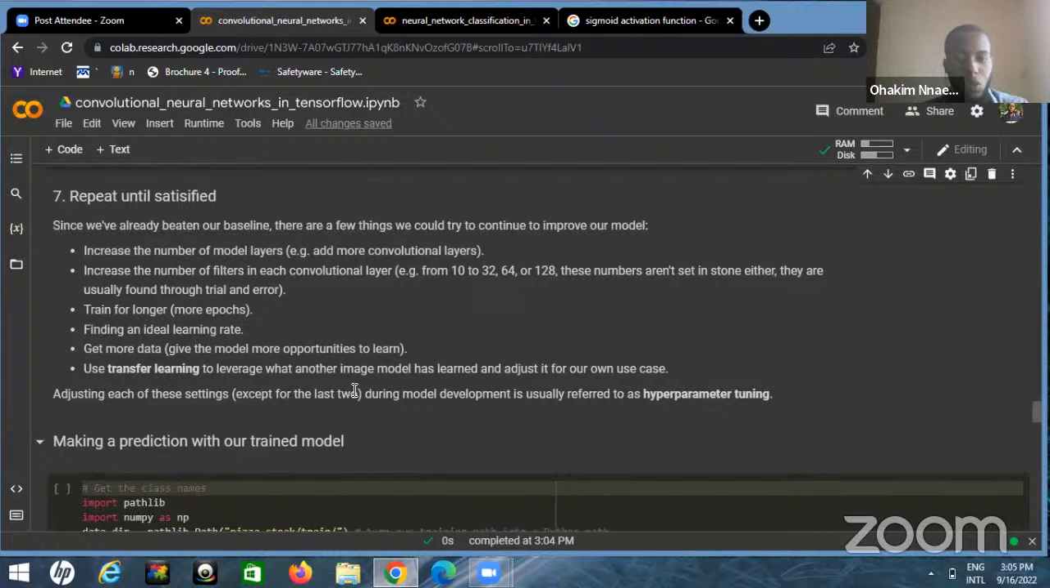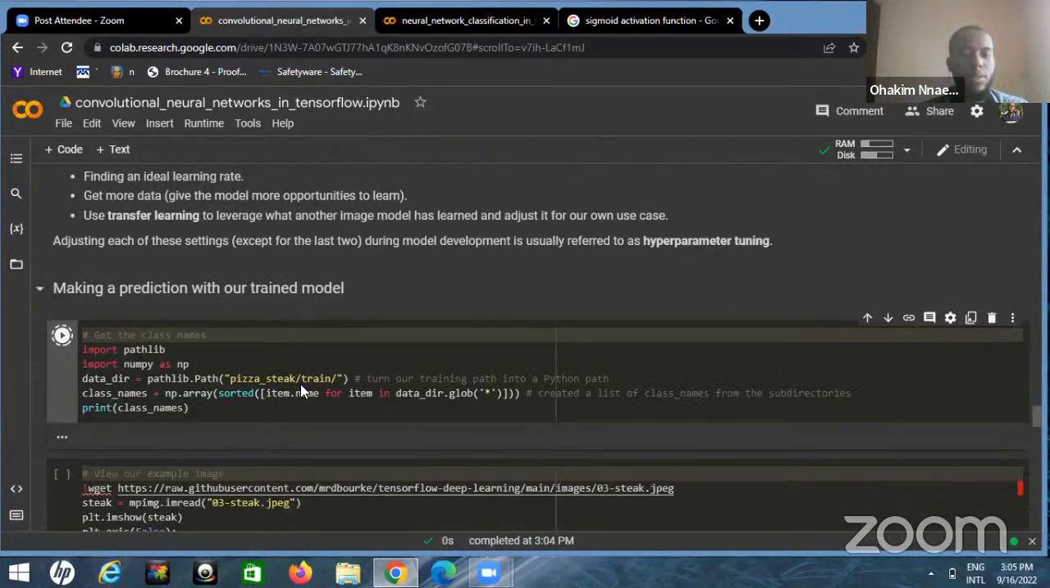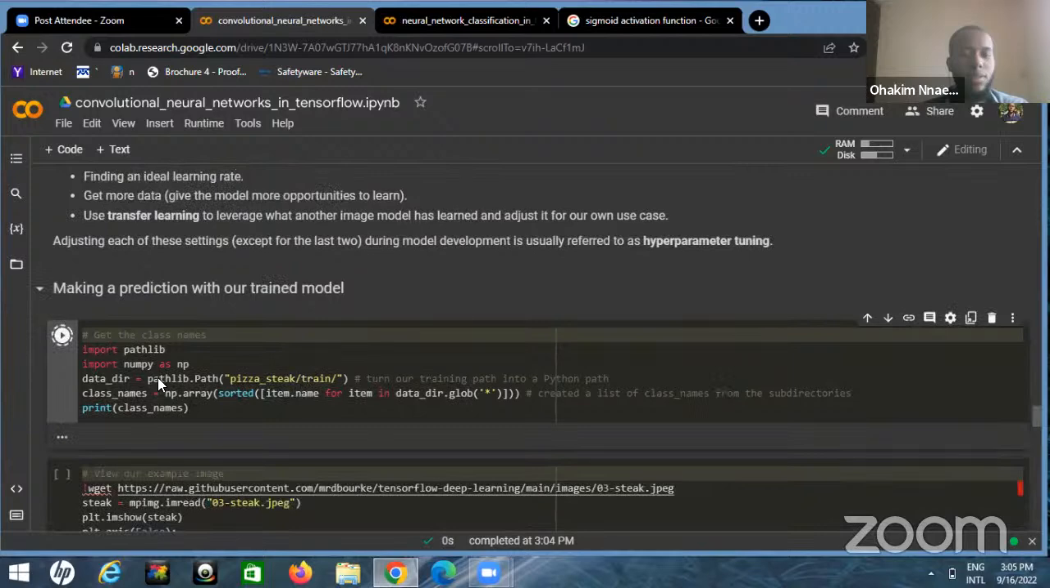You have your trained model. Now, how do you make a prediction with it? Right? So this is just going to help us get the class names. It's just a very long function that helps us get the class names. I'm doing it because if